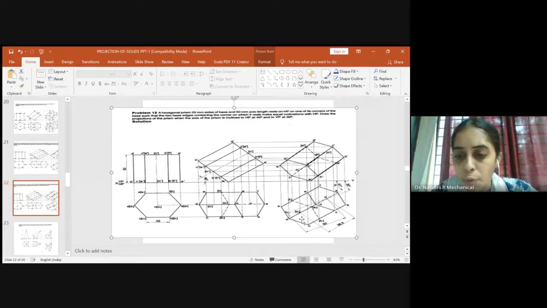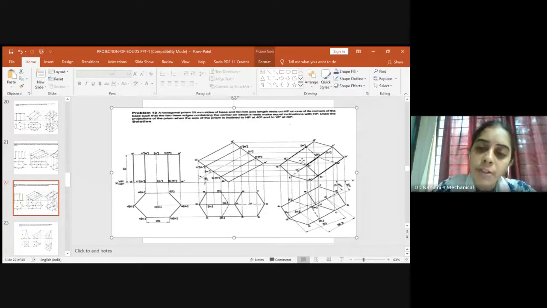Okay, so the locus of O1 is meeting O1 dash at this point, so name it as O1 dash. So we got the bottom surface. Once we got the bottom surface, now we have to give the naming for the top surface. So you see the locus of A is meeting A dash at this point, so this is our A dash.